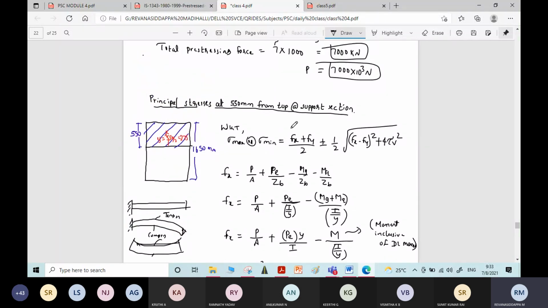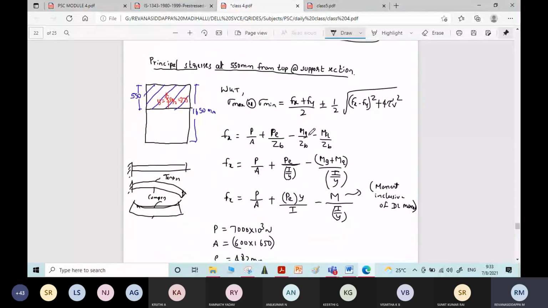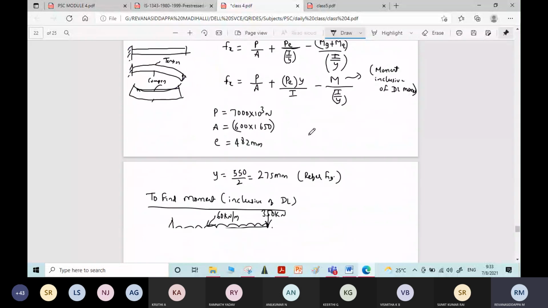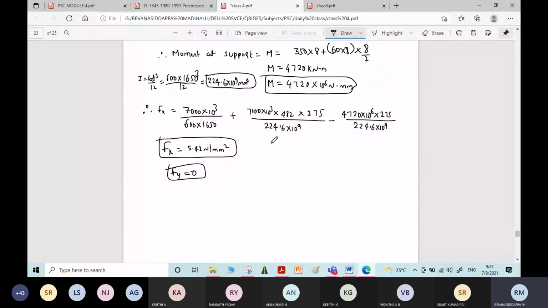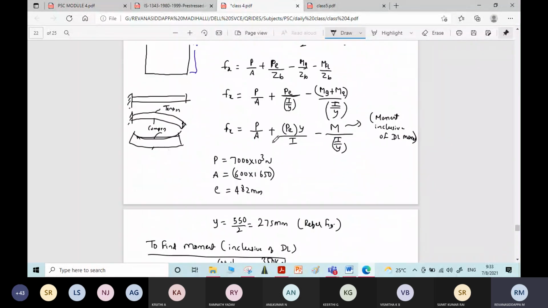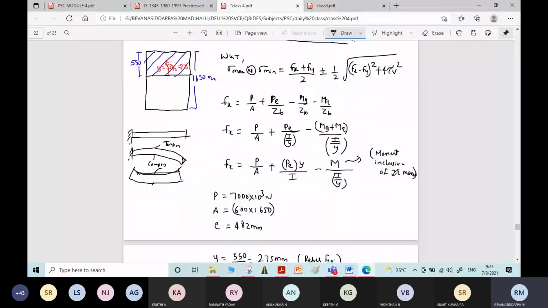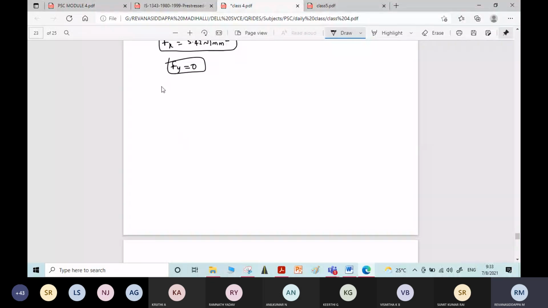Fx we got. Fy will be 0. There is no vertical pre-stressing steel given. Fy equal to 0. Then what else do we need to calculate? We need to calculate tau v, that is shear stress. We have the formula for shear stress. Write it. Tau v is equal to, what is the formula? Vu into A y bar divided by I b is the formula.